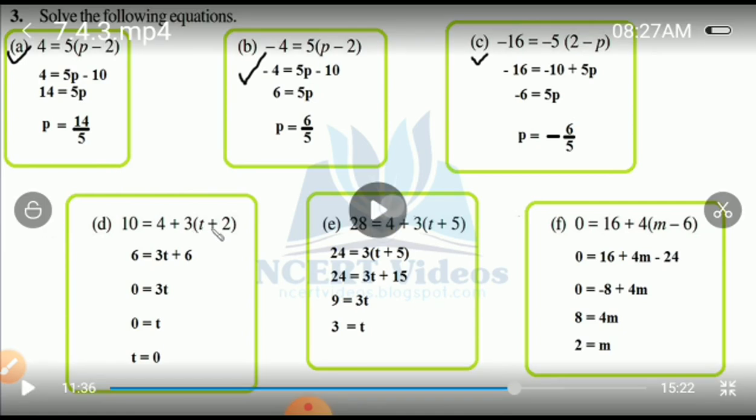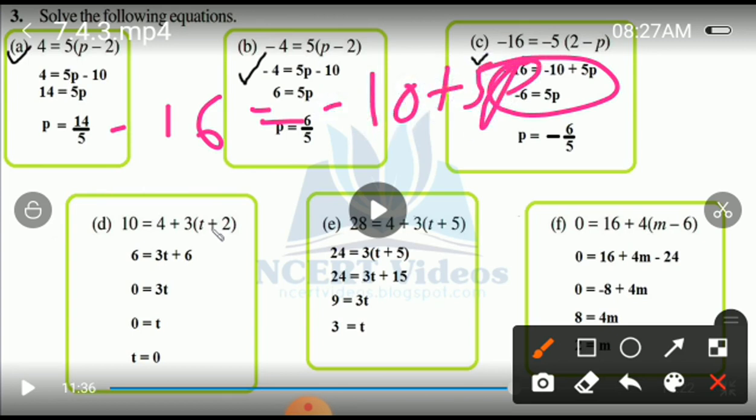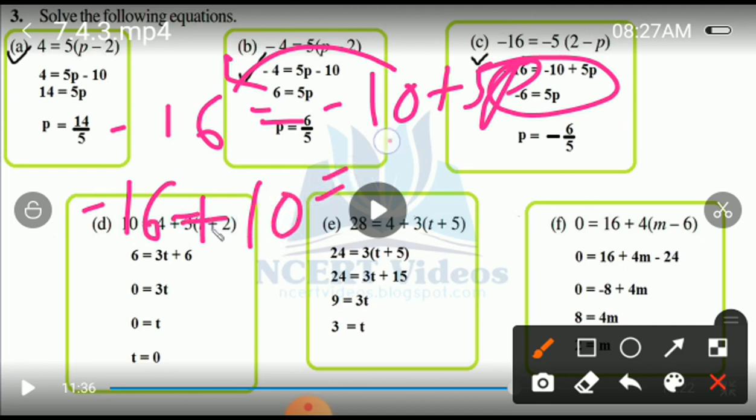Okay, wait. Here some student has the doubt for this one. Why here these steps came? So student step is minus 16 is equal to minus 10 plus 5p, isn't it? Now this minus 10 has to come on left side. Left side transpose karte beta. Minus 16 as it is. This is transposing to this side. This minus sign will become a plus 10. Isn't it? Yes. And is equal to 5p. Can you see here? Okay. Minus 16 plus 10, what you will get? Yes, you will get minus 6 and right side is 5p.